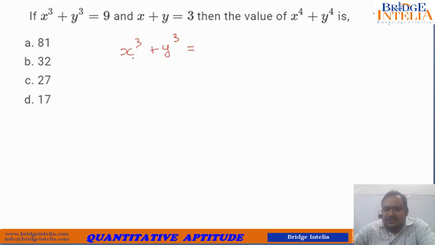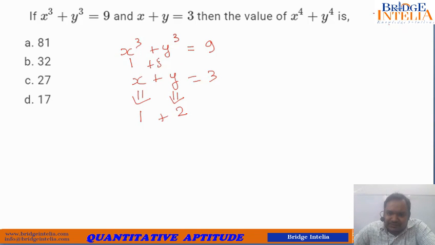Let us see. So x cube plus y cube is given to us as 9. x plus y is given to us as equal to 3. So if you can think of any two numbers which satisfy these two, then why not? You are most welcome to choose those numbers. What if you choose x to be equal to 1 and y to be equal to 2? In fact, these two numbers are satisfying these two equations. That means I can safely assume x to be equal to 1 and y to be equal to 2 without getting into error, because my chosen numbers are actually satisfying the data given in the question.